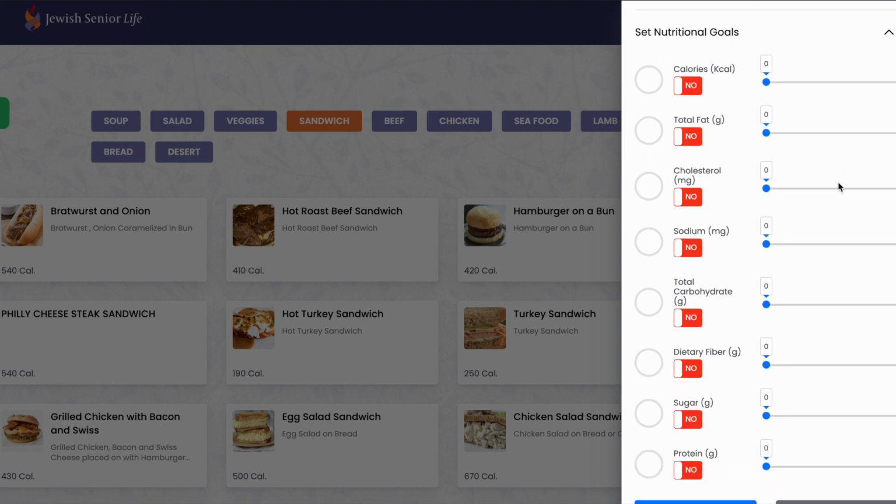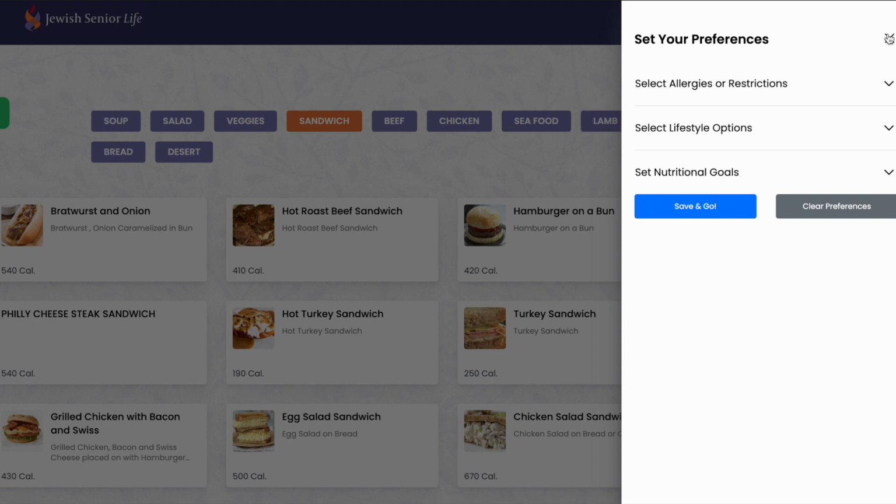For example, if you have a blood pressure issue and you want to control your sodium to a certain number and your cholesterol to a certain number, you can do that here. So that's how you set your preferences. And once you have set your preferences, the entire menu gets recalculated. And this is now your personalized menu that will tell you which items are good for you to meet your